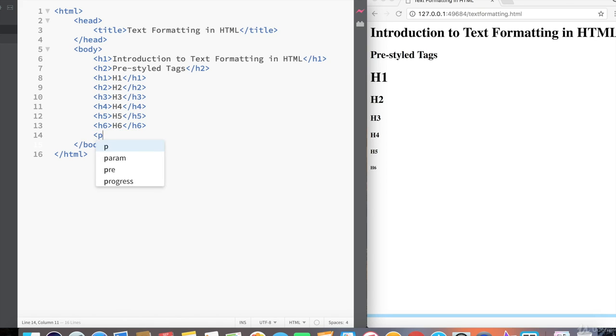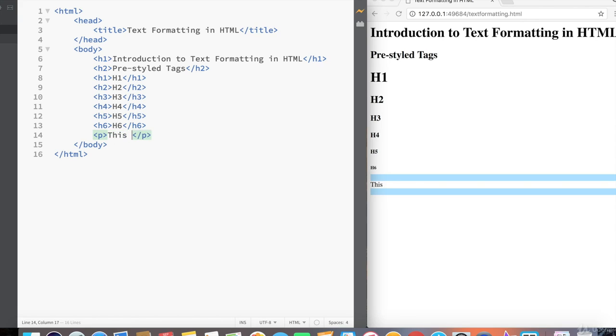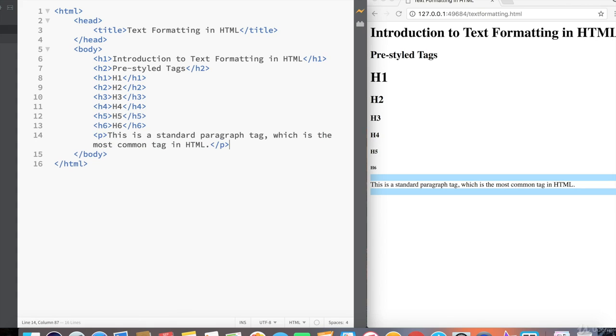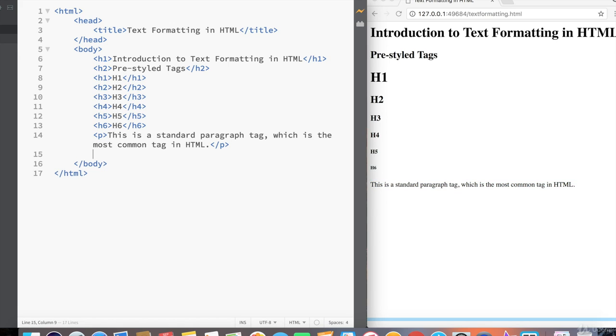Next, we'll create a paragraph tag. You should already be familiar with this, and we'll call it "This is a standard paragraph tag," which is the most common tag in HTML. Now don't quote me on that. Depending on who designed a web page, they may choose to use a different tag, like a span, instead of a paragraph. Which brings me to the next tag. Actually, before we go into the next tag, which will be a span tag, I spoiled it for you ahead of time,